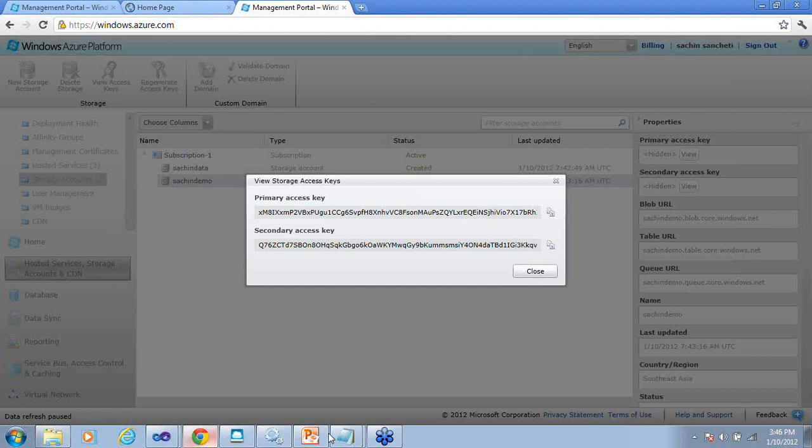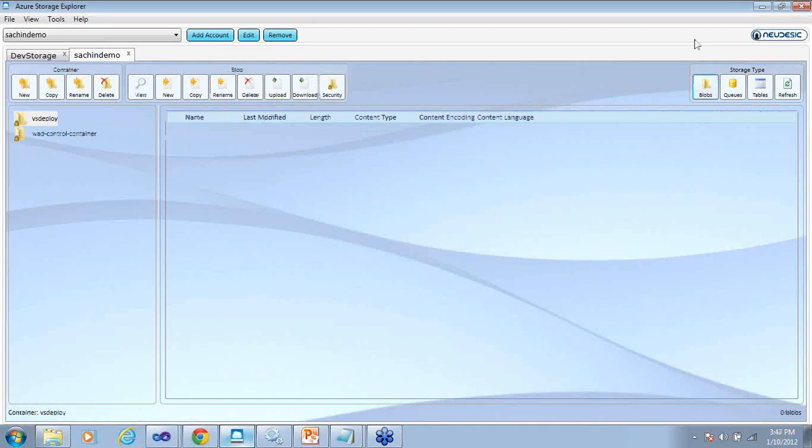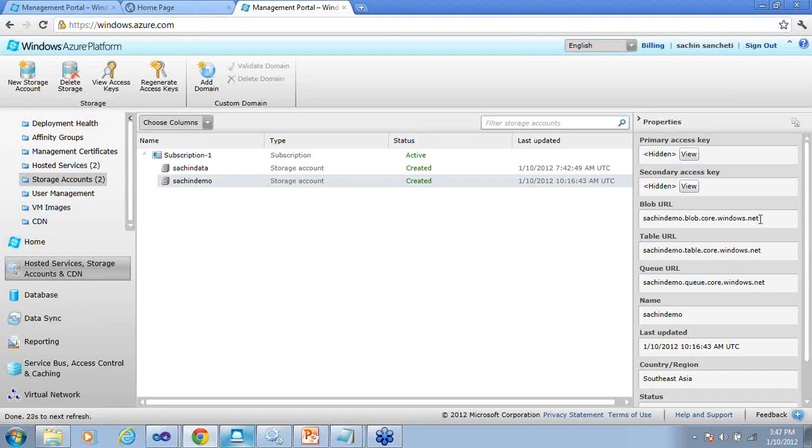This is the endpoint. For blob, to access your blob through REST, remember in the presentation we said all these storage services are accessible through RESTful web APIs. So that is your endpoint: sachindemo.blob.core.windows.net. You can consume your blobs, access them, and upload them using the REST API. But every time you access it, you have to provide your account name, and this key becomes your password to access the blobs, tables, or queues. These are the 3 endpoints which they provide. So basically the account name is Sachin.